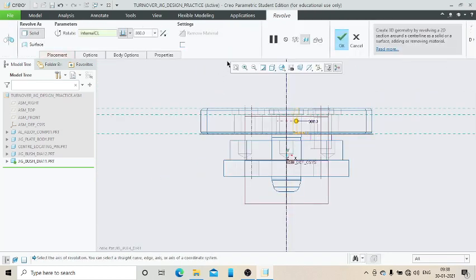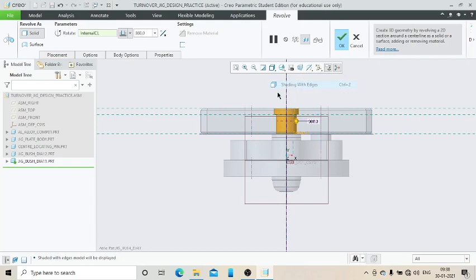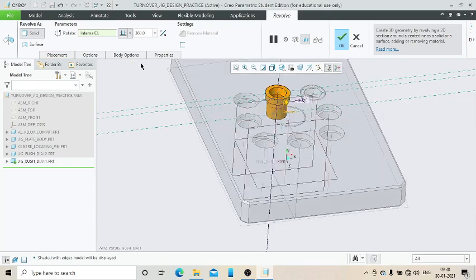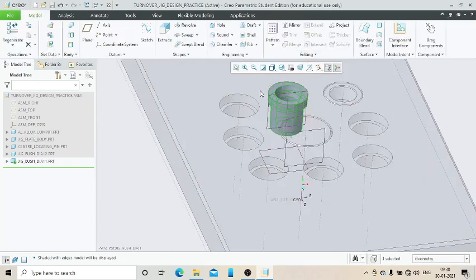Then this we will change to shading with edges. Okay,